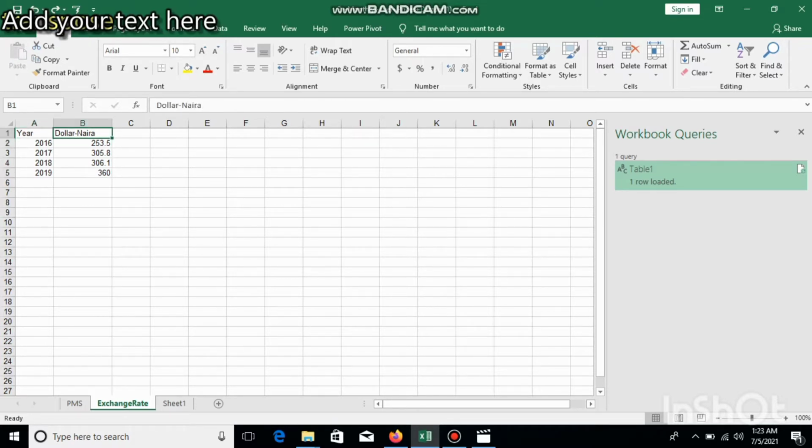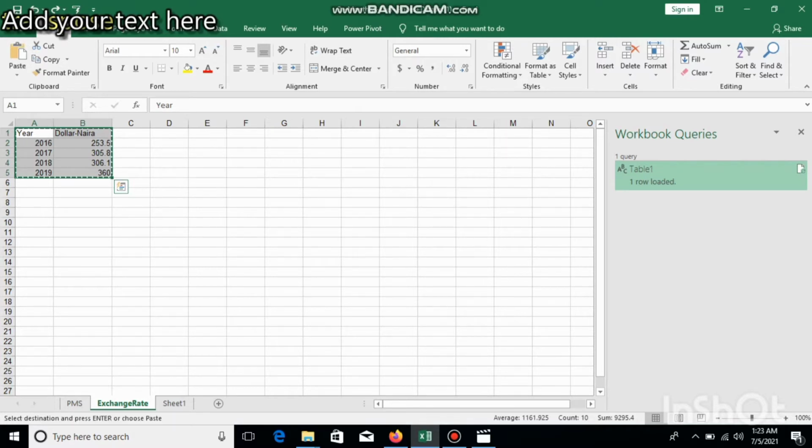There is one function, known as the transpose function. What we have to do is select the whole data which we want to transpose. After selecting, be careful.